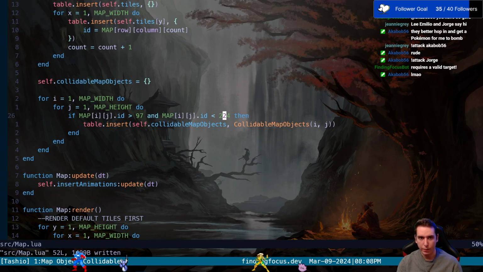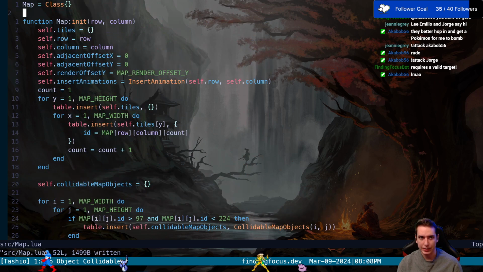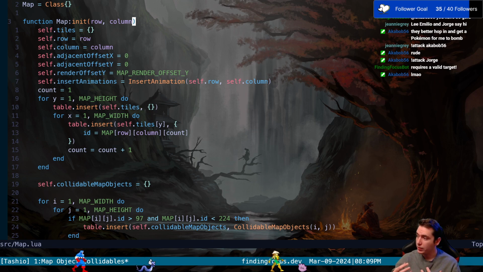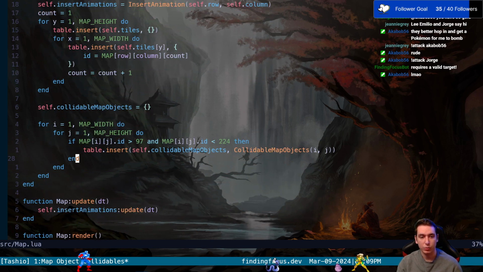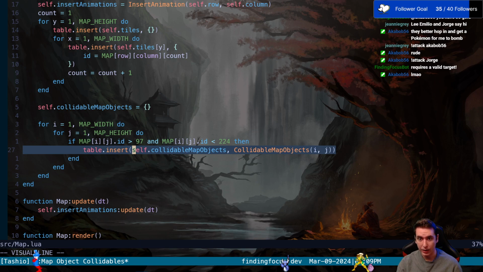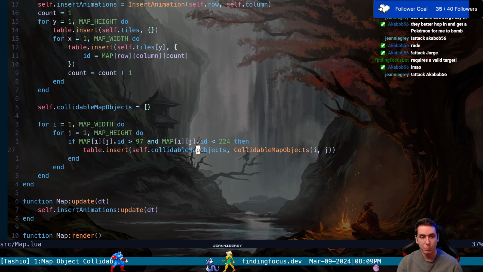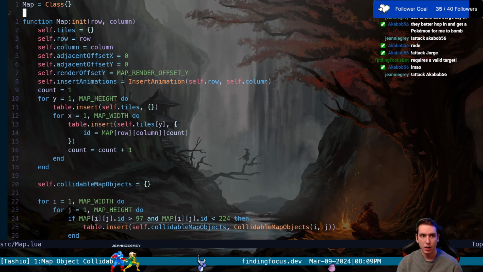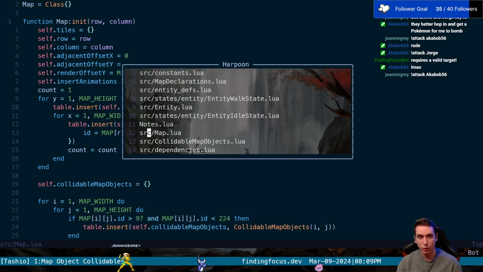Okay. So now, by the time we instantiate a map, and that happens anytime either we start on a screen, it'll initialize a map, or we transition to a screen, it'll instantiate a new map, and we should have the ability to insert into our collidable map objects table a collidable map object that has an X, a Y, and a width and a height. So I'm curious if we take the current map, now our collidable map objects are part of our map. So if we go into our scene